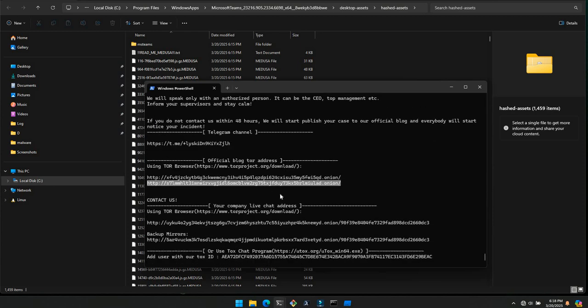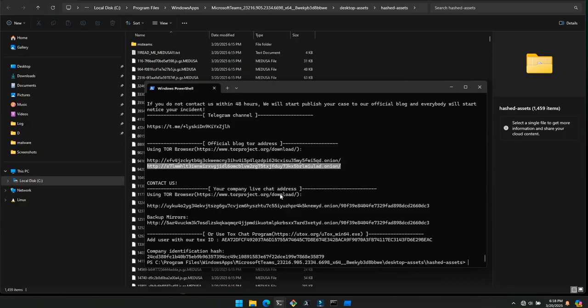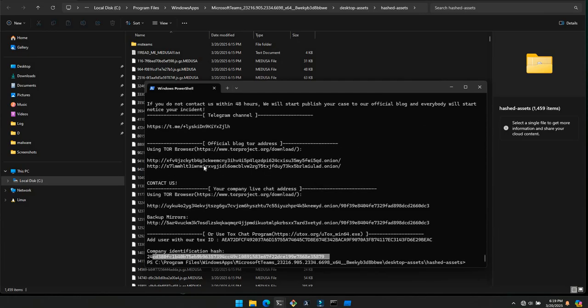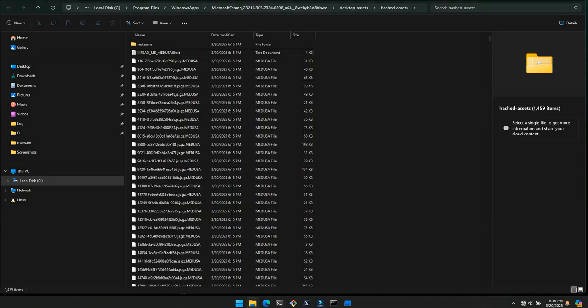I tried it, but I was not able to access it. I even used the Tor browser to connect to the chat, but it was shut down. Okay, and this is your company identification hash. So I tried to connect it over here, but I was not able to. But something interesting which I have identified is the bin